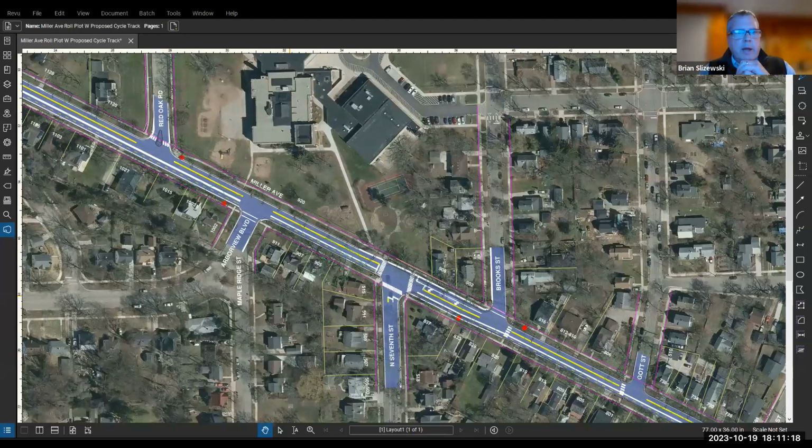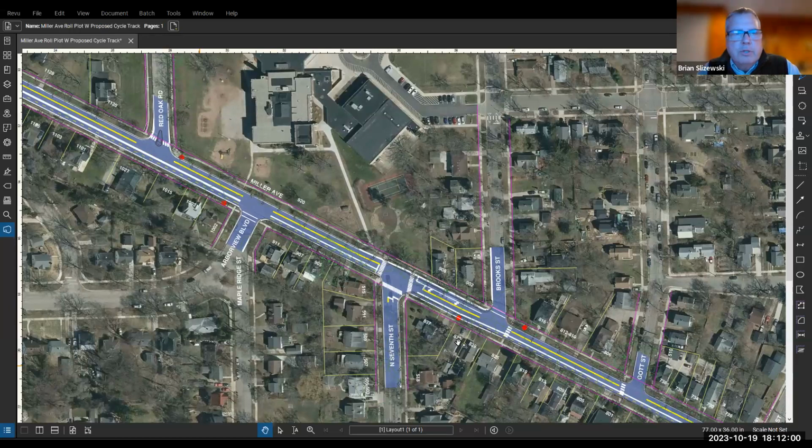What we're looking at right now is just a section of Miller Avenue. It's kind of the blue line that's slashing through from the lower right to the upper left. And the area we're primarily looking at is, again, near Ann Arbor Open School. You can see Ann Arbor Open on the north side of the map near the top of the screen. And a couple of really key challenges that the design team is going to have to look at to implement the project successfully is the block just east of 7th, say from Brooks to 7th.